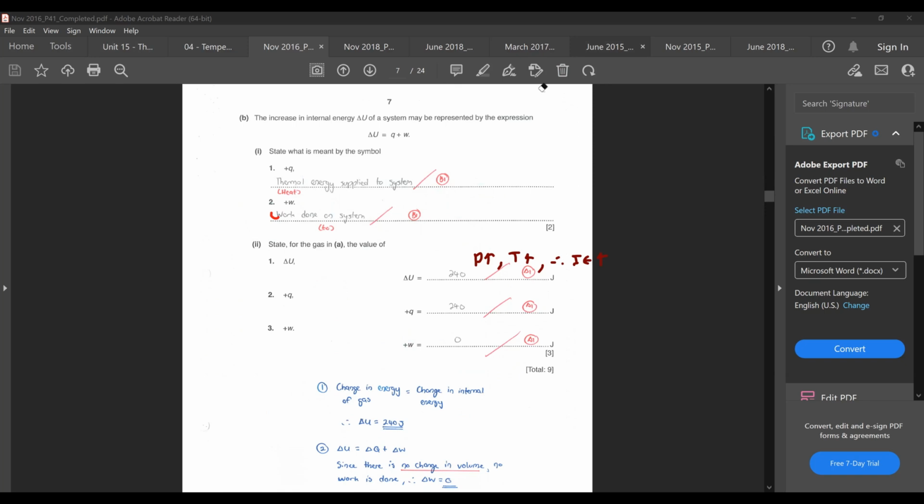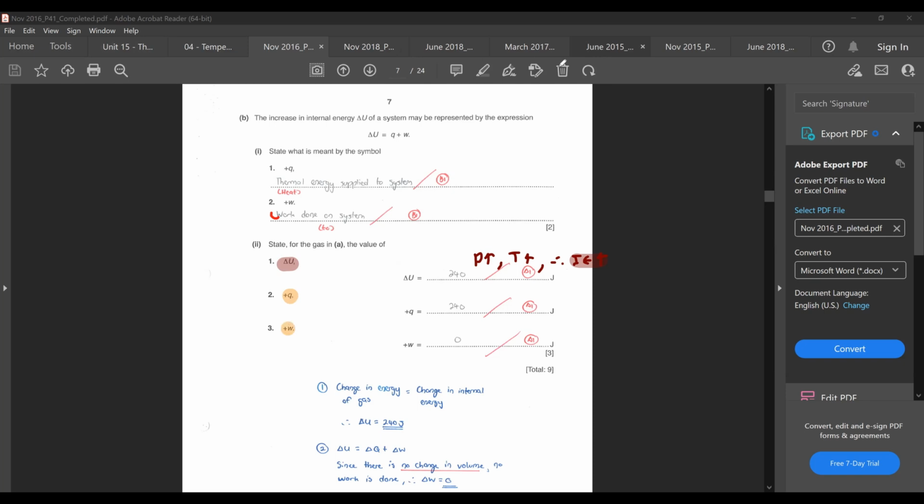So I know that delta U here is an increase in internal energy. It's actually going to be positive 240 joules. You can just omit the positive if you want to. As I mentioned just now, if you don't write any sign there, it's already automatically assumed to be positive. So this one is your increase in internal energy. How about your positive Q